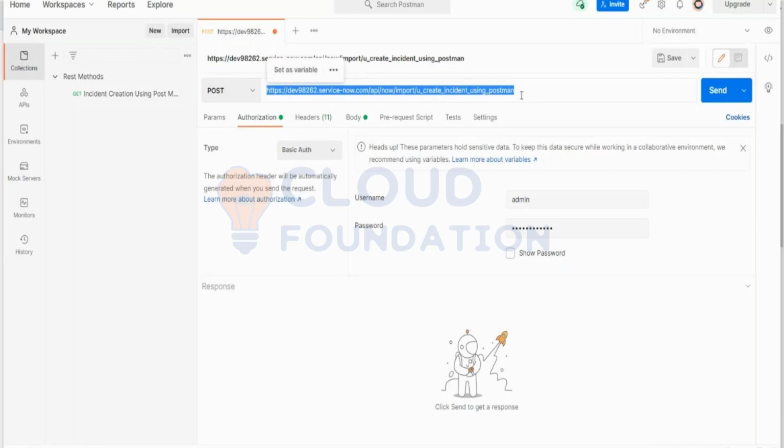The moment they access this URL, they will enter the details and it will fetch. The moment they hit this URL, they will be authenticated. They need to authenticate themselves. That is the second step. They will have to enter the user ID and password that you have provided, not your admin credentials. Since this is my instance, we have to provide them. This is the best practice that you need to follow for the integration.